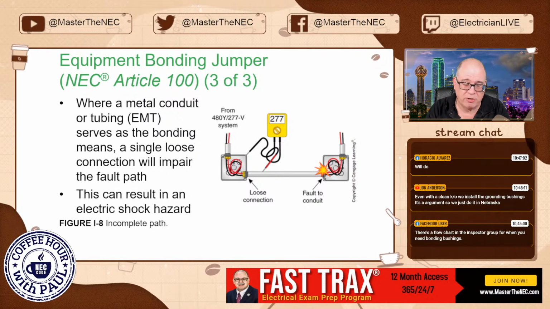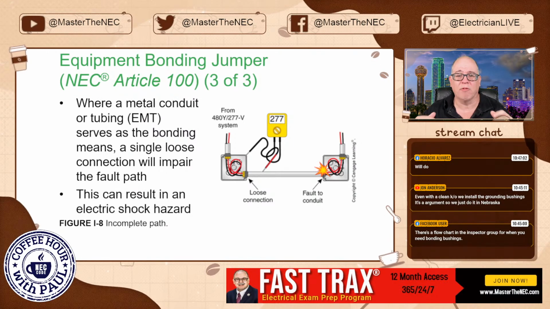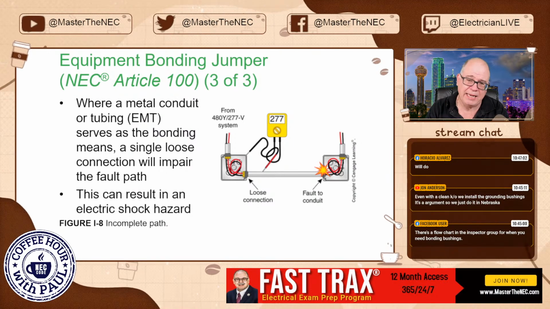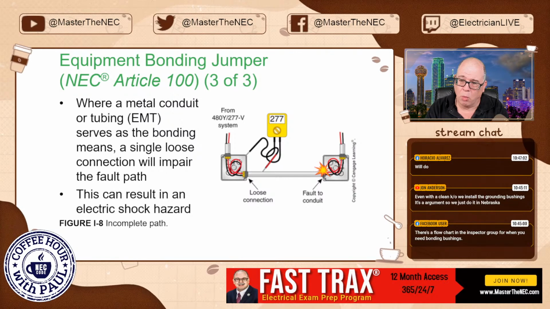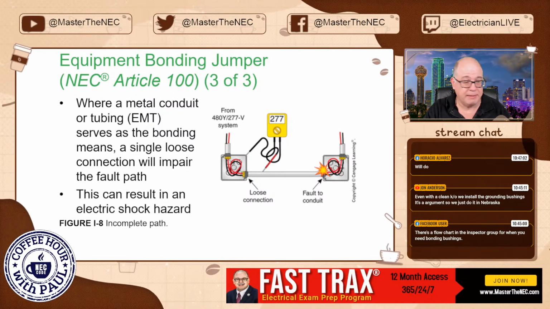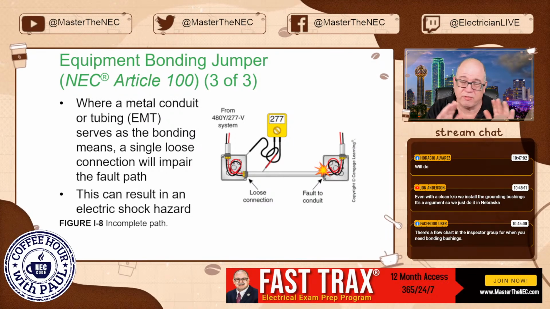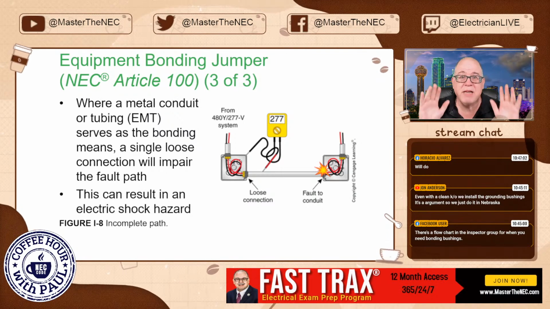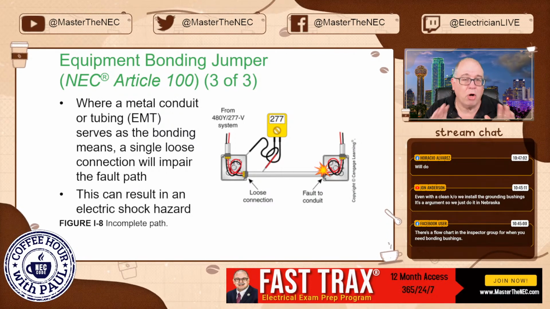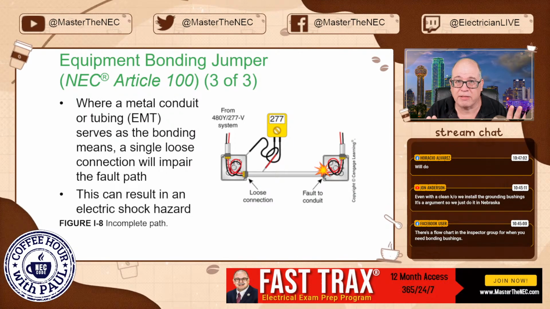You don't forget to do set screws. You do everything like you're supposed to, because again, we're relying on this path. And this is why a lot of engineers will specify an equipment ground in there. Not that you couldn't use the raceway. Look, I don't want the Steel Tubing Institute folks to jump on me. I'm not saying that. The code allows for it in 250.118, so relax if you're out there watching.